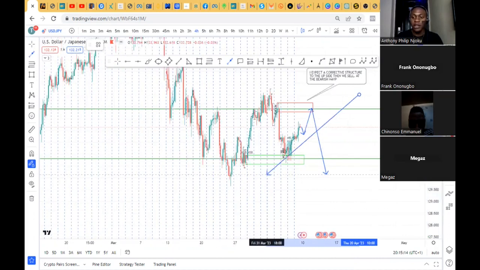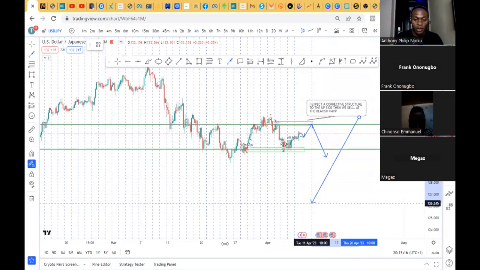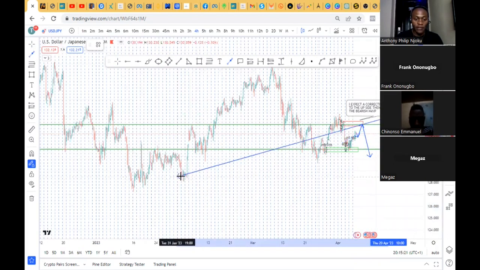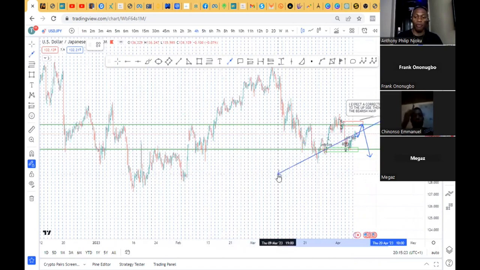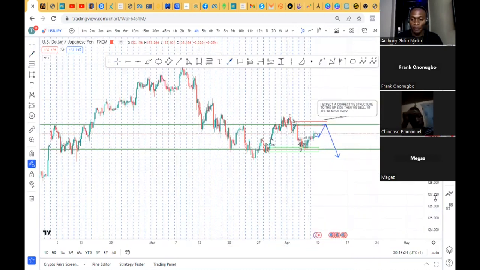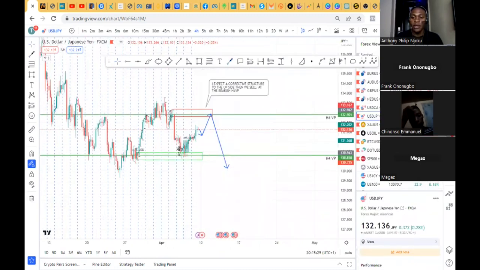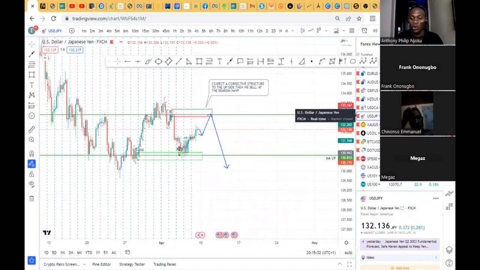If it breaks here, then we're going lower. If it breaks this, then we're going to this. There's a validation point here as well. That's for USD JPY. Then for gold,